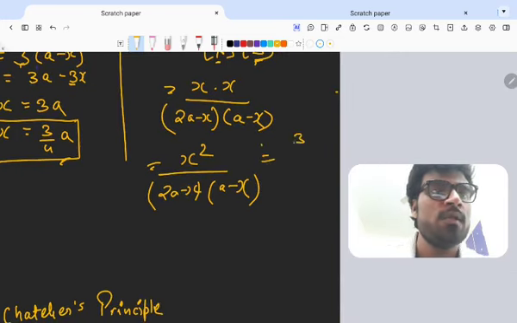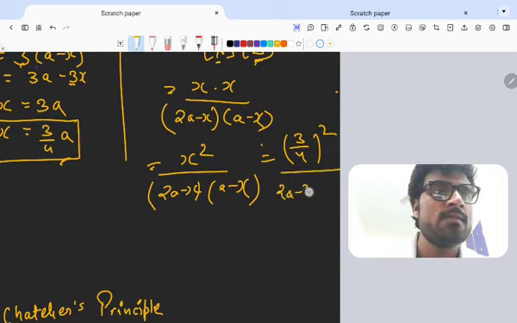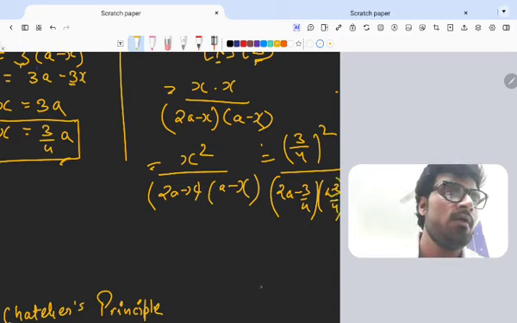It means what? So (3/4) whole square upon 2a minus 3/4 into a minus 3/4. Got it? Now you have to just solve the question and find the answer. Please find the answer and